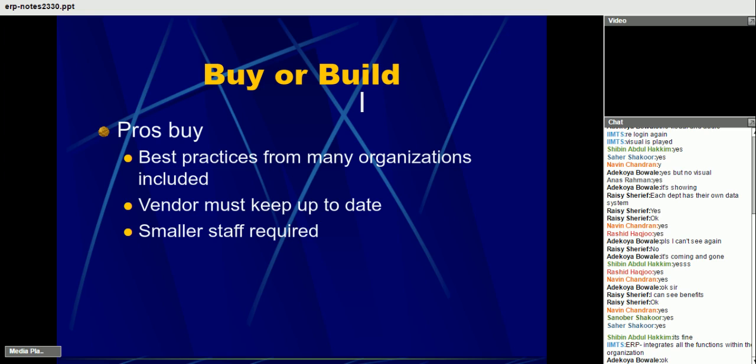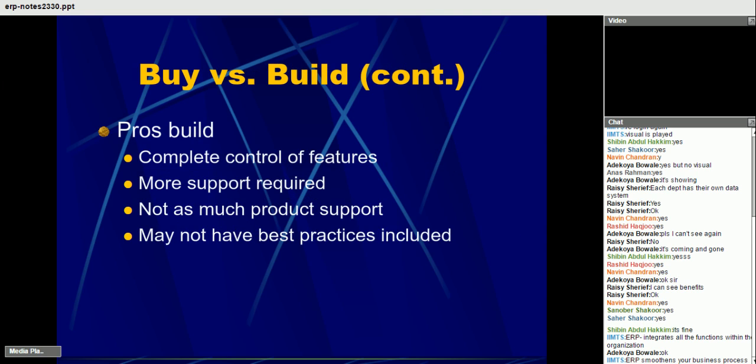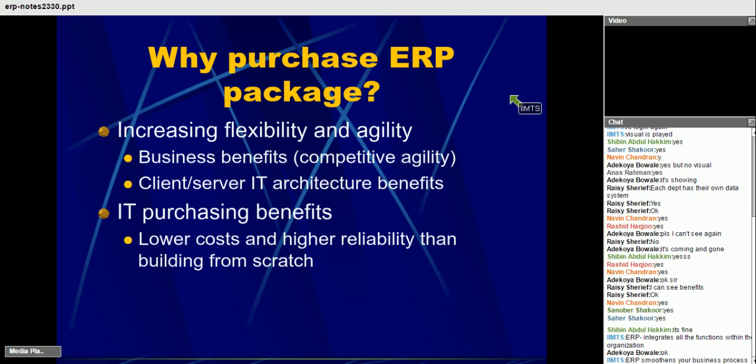So we can say ERP smoothens your business process. Then moving ahead,